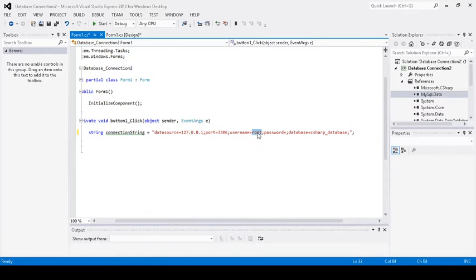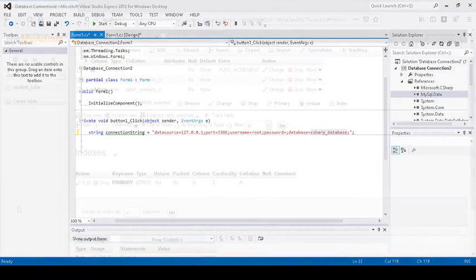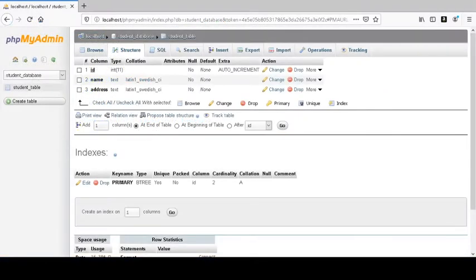The default username is root, the password is none, it's blank. And then for the database name, that is in our phpMyAdmin. So the database name is student_database.